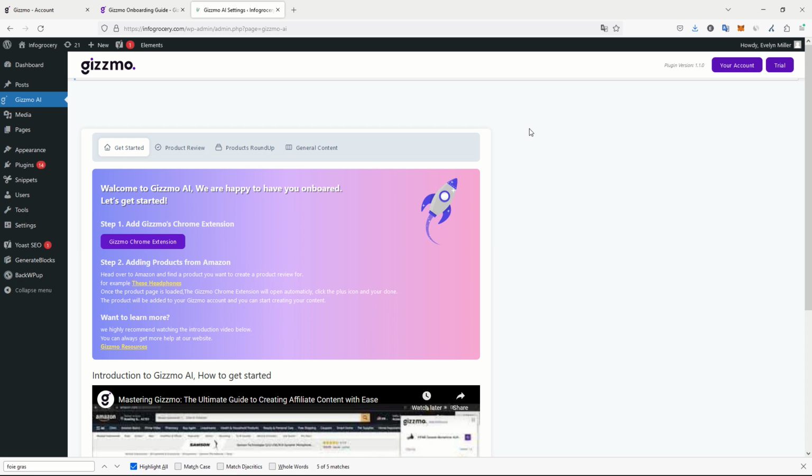Today, we will see how to use the Gizmo artificial intelligence to create a product review article. So with Gizmo, you can create three types of articles: product reviews, product roundups, and general content. Today, we'll see how to create a product review using artificial intelligence about a product that we talk about on